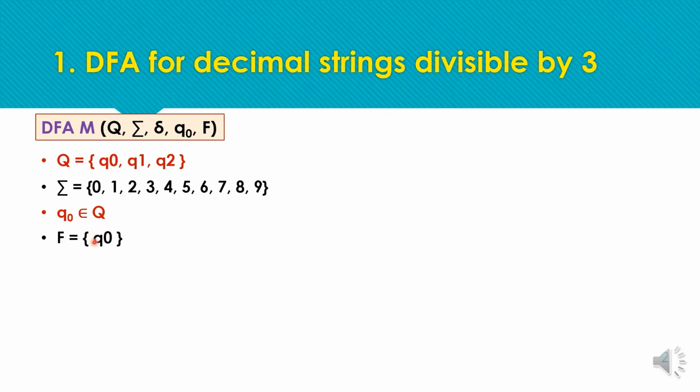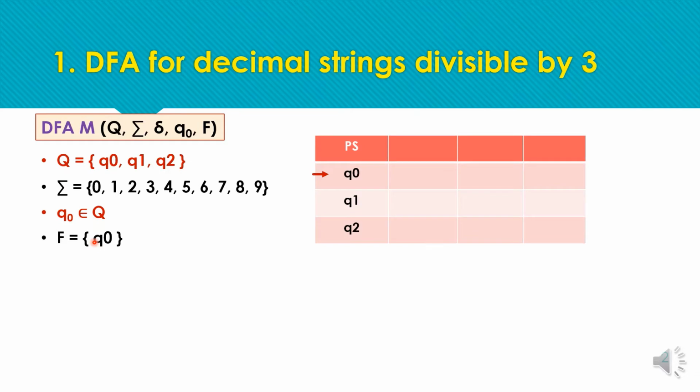Now we have to check the pattern of the input string at each and every state, and move the transition accordingly to any of these 3 states. Starting with the Q0 transition table, because in these divisibility questions it is always easy to construct the transition table first. Then you can easily draw the transition diagram. You can also go with the transition diagram, but working with the transition table notation is easier and simpler to construct.